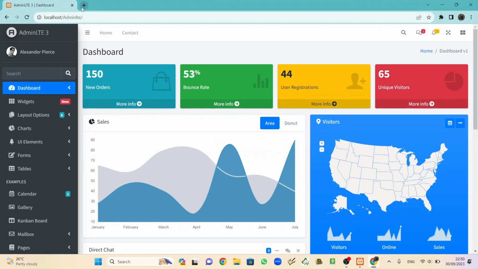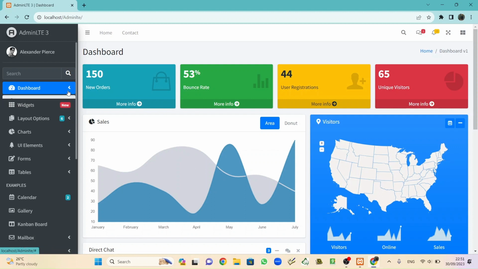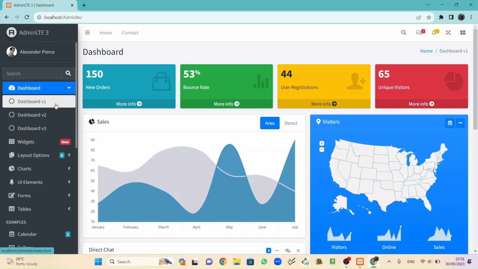Okay, this is AdminLTE. If you don't know, this is the template from Alexander Pierce, AdminLTE. This version is the third version. There are a lot of features here, like the dashboard.